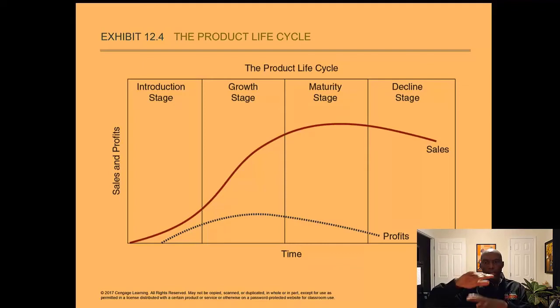Then there's a maturity, and then there's a decline. While the product is in the decline stage or in the maturity stage, you want to continue to make some improvements so that that stage is sustained over time. Going back,